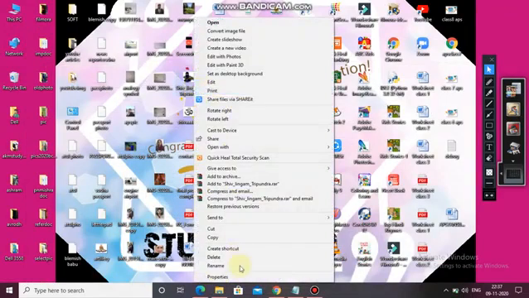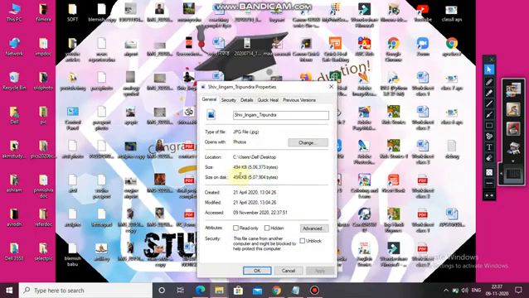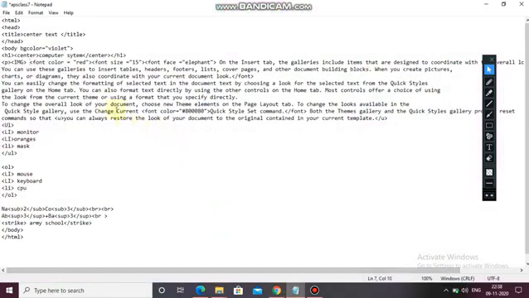Okay, this image. If you don't know the path, you just click on the properties and from here you can see it is written. Copy the path and then the name. So first write here, paste, and then again use the forward slash, and then the name.